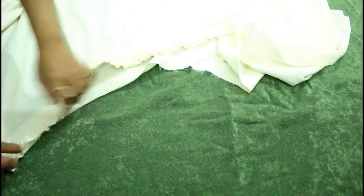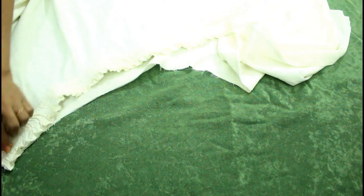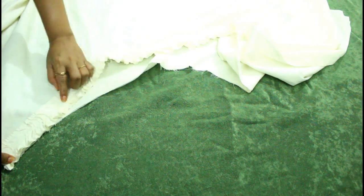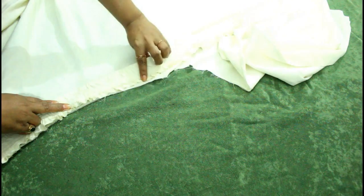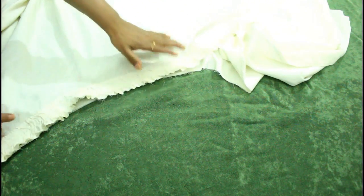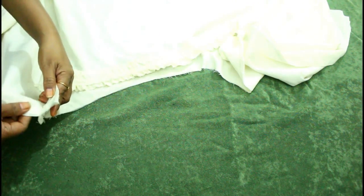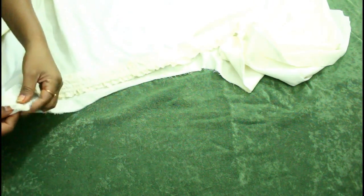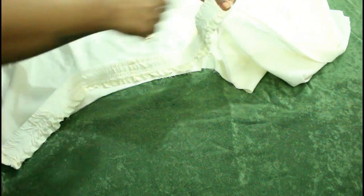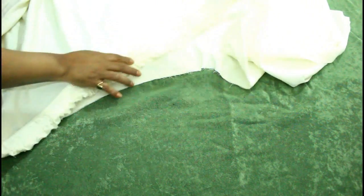I'm going to start giving a stitch from one side, and I'll take this remaining fabric and I'll give stitch just on the edges of the elastic, at the side of the elastic, and then I'll attach both the pieces together. So the easiest way to join both the pieces is, just take the one end of your elastic and one end of your skirt and give a stitch here like this, and then take the another end of your belt and skirt part and give a stitch here like this,